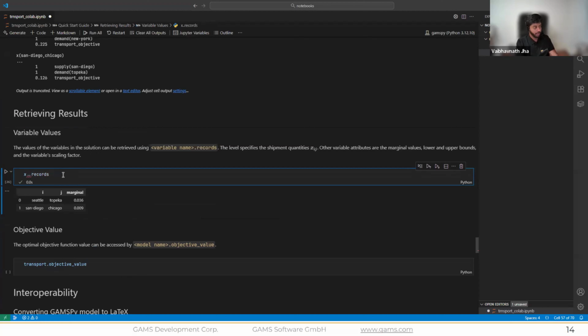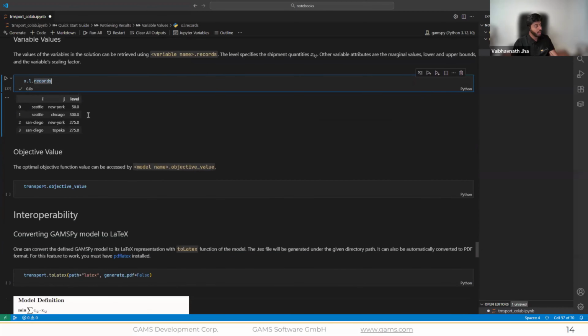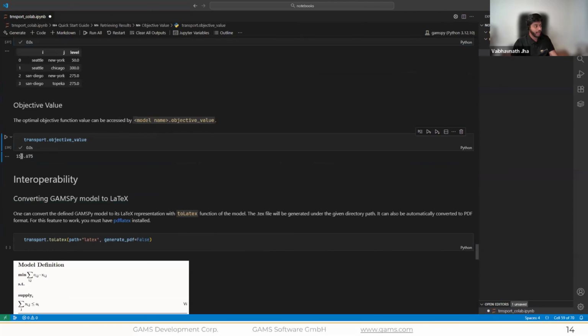And if you want to get the level of the X variable, I can do so by specifying L for level. And similarly, if I want to get the objective value, I just use the property objective value on the transport object, and I get 153.675.